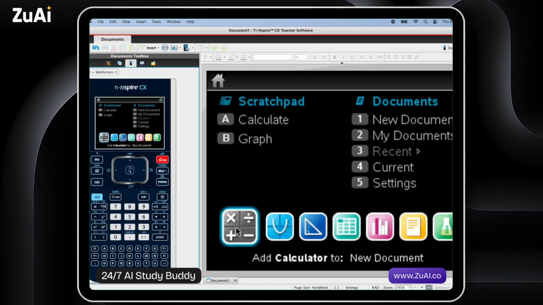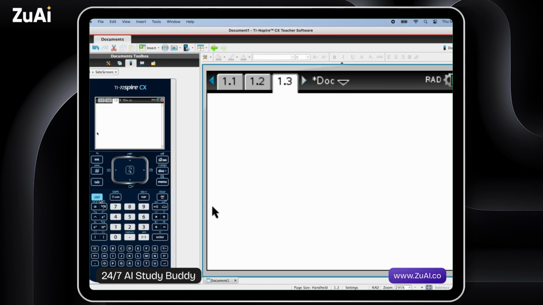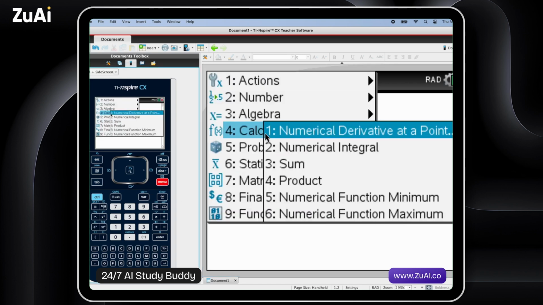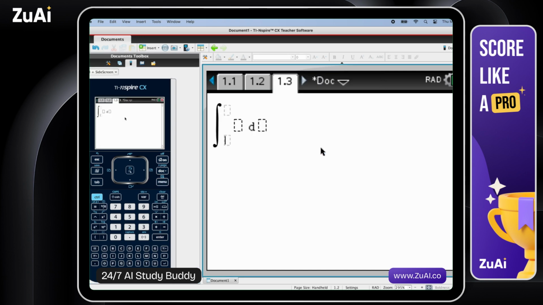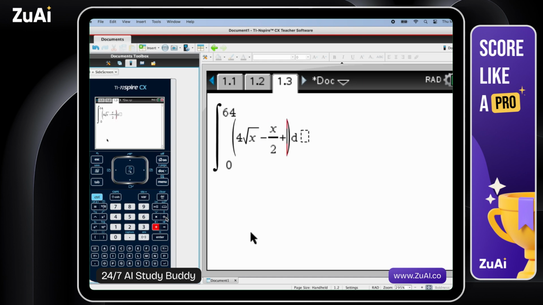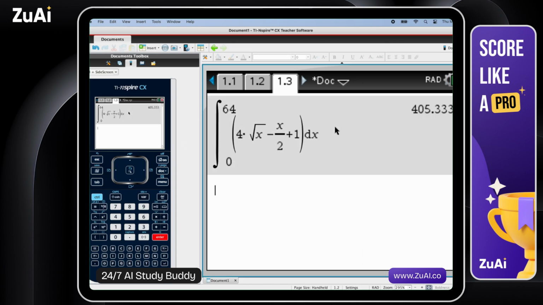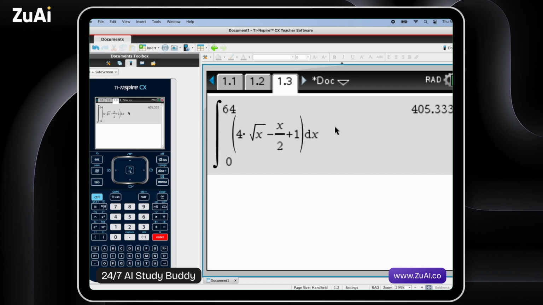Alright, let's get a new calculator screen. So in this case, we want to go Menu, Calculus, and we want to find the numerical integral. And here we go. We're starting at 0, going up to 64, and we want to find the sum. That is to say, the area under the curve of this function, which is defined as 4 root x minus x over 2 plus 1. And then we want to match this variable, so it's in terms of dx. All right, 405.333. So let's go back to the document